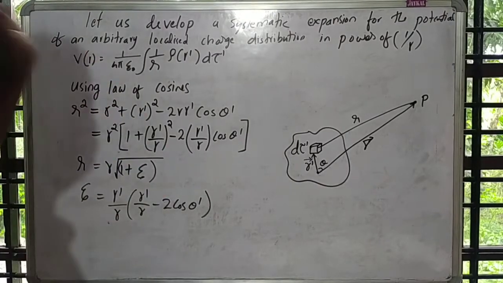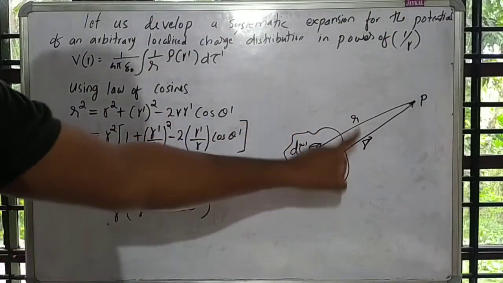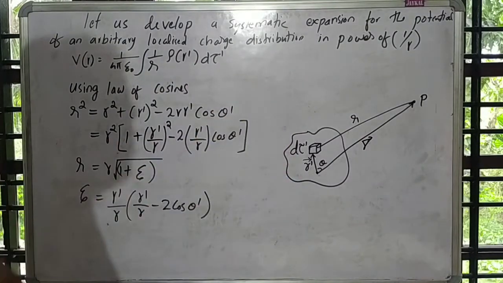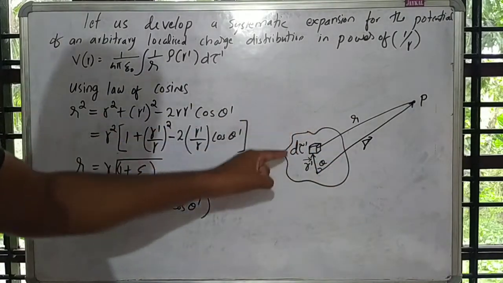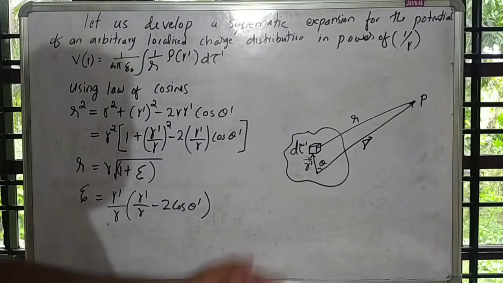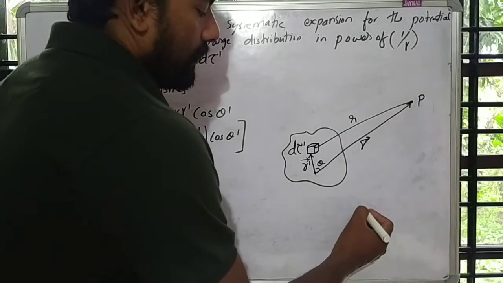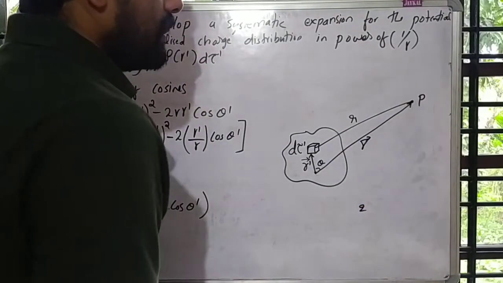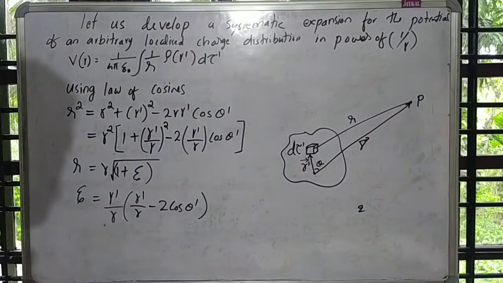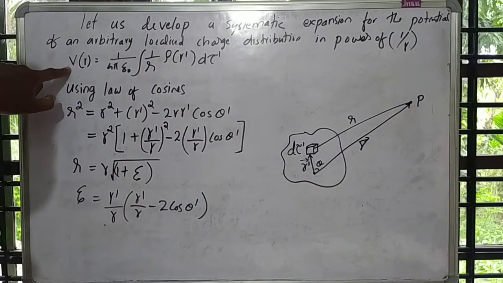So here let us develop a systematic expansion for the potential of an arbitrary localized charge distribution in powers of 1 by R. Here we are considering a system of charges, and in specific we will consider a single point charge as well as a dipole as well as a quadrupole, etc. So when we are considering the potential at the point P, we can use this relation V of R is equal to